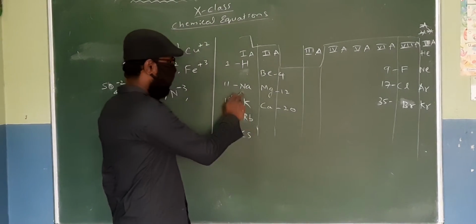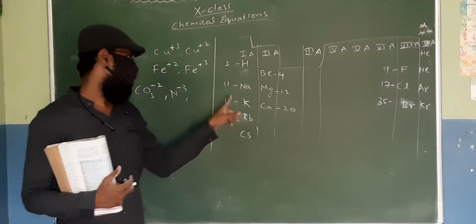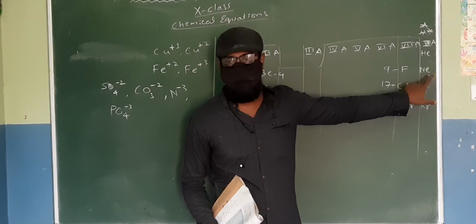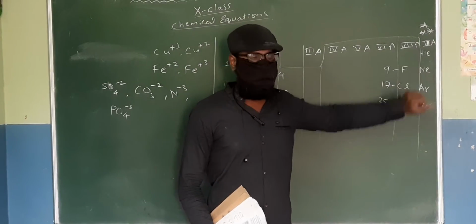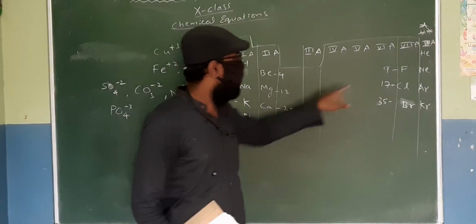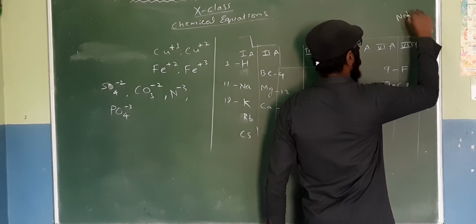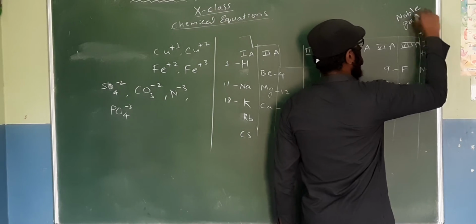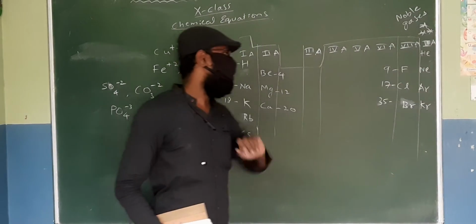Now, looking here, I can say sodium wants to lose an electron or gain an electron. Sodium has 11 electrons, and neon has 10 electrons. You can check in the periodic table that I told you about in the textbook. So if sodium wants to become like 8A, what is 8A? 8A is the noble gases, the noble elements that we talked about in the previous class. The sodium will lose 1 electron to become like neon.